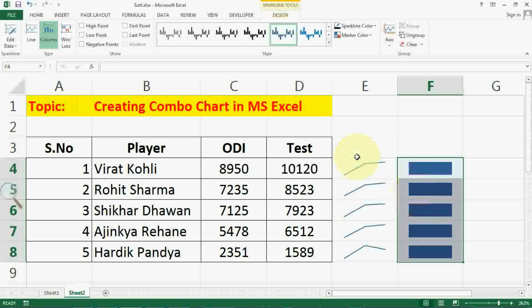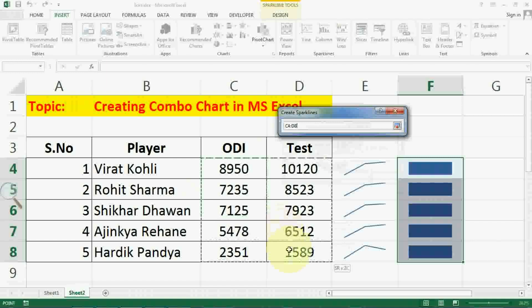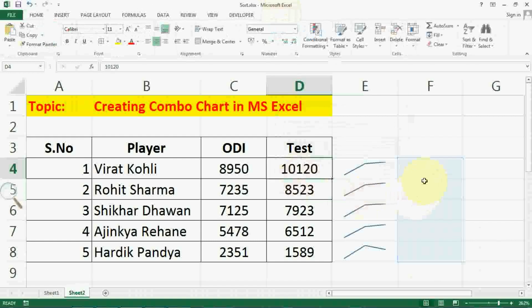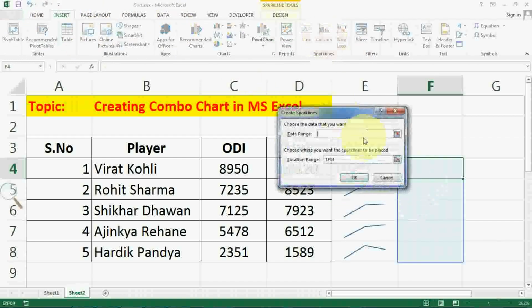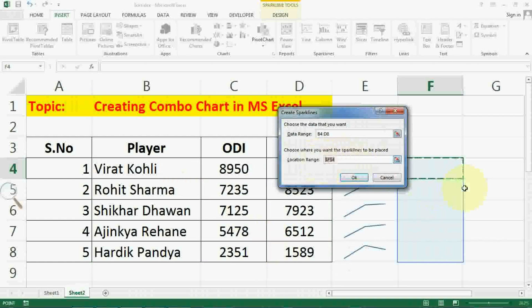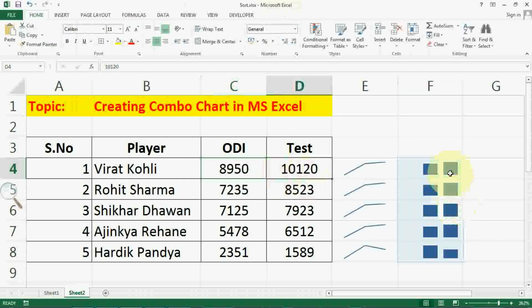If you want to display multiple ranges, then you have to select multiple ranges in this manner. Column, then data range, then F4 to like this. Your data should match your type of chart, then only it will come. Otherwise, sometimes it won't appear. As I have selected this data here, and I am going to display this data on column, but it is coming like this. See, so whenever you have multiple ranges, you can display those multiple ranges in this manner.